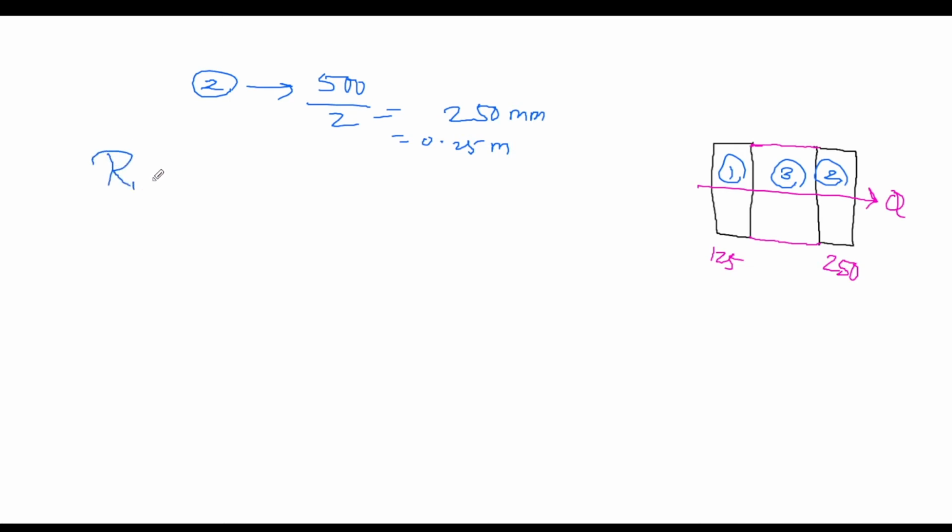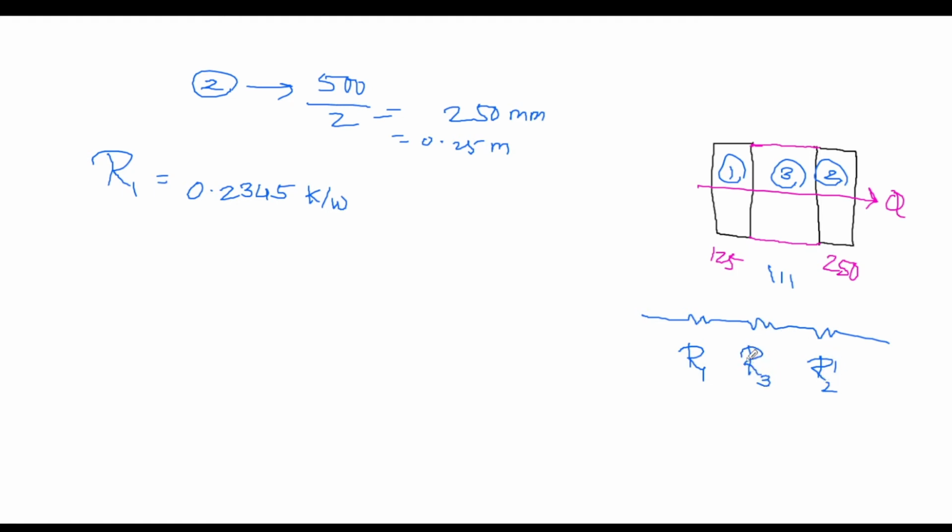Similarly, R1, the resistance we calculated initially, has a value of 0.2345 Kelvin per watt. So now its equivalent electrical circuit will be R1, then R2 dash, as the width is changing so R2 will change,